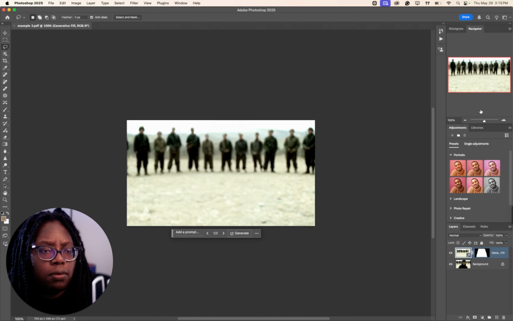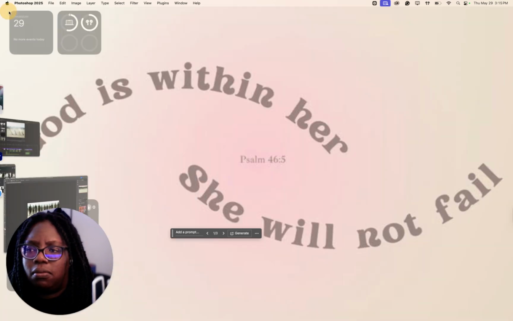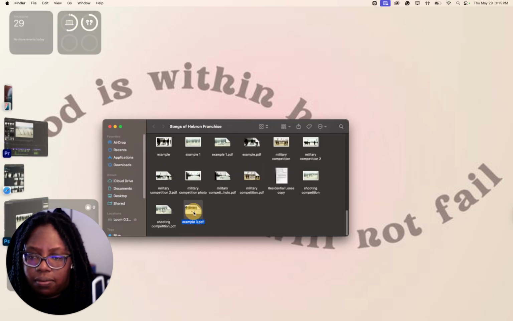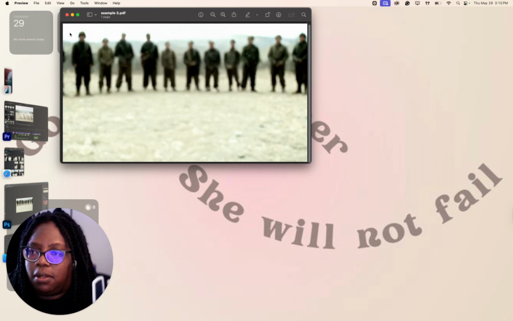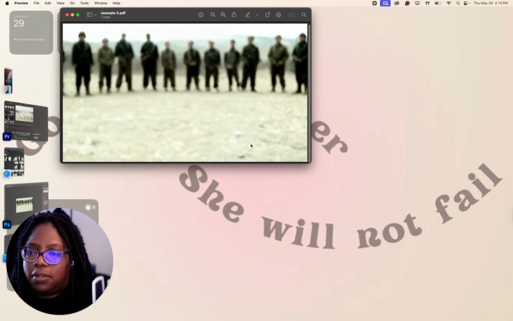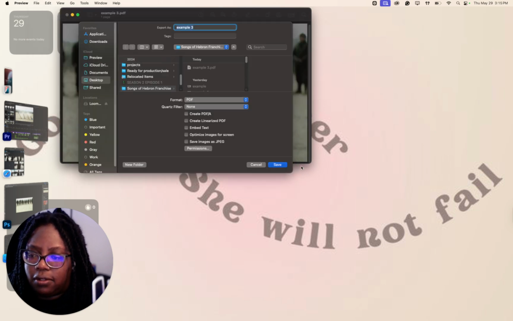Or maybe it's right here. Okay, here it is. All right, so this is the PDF file. What I'm going to do is export this as a PNG file, because with Vidu, and I believe Midjourney is the same way, it's not going to be able to generate an image or video with a PDF file. So it has to be like a picture file.